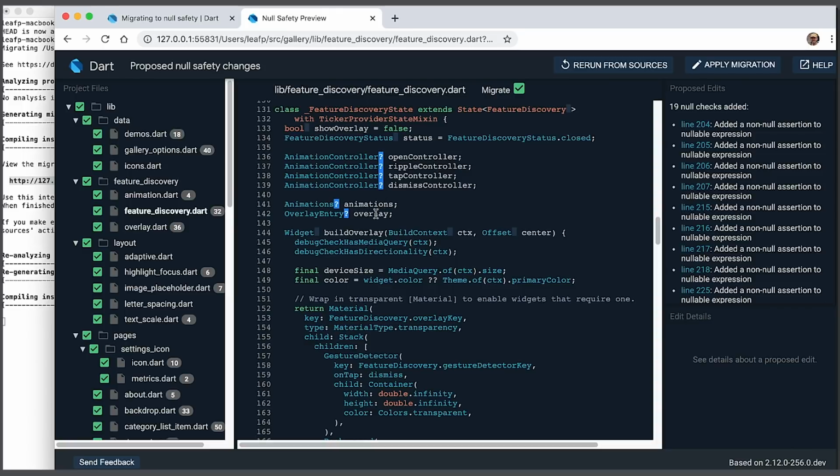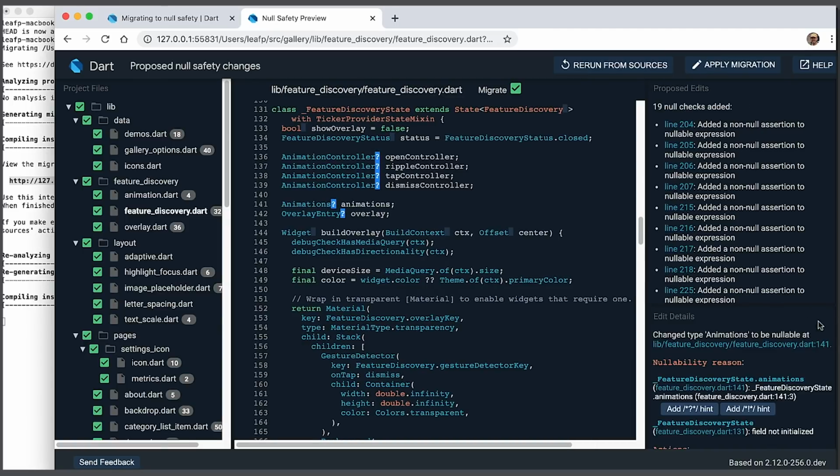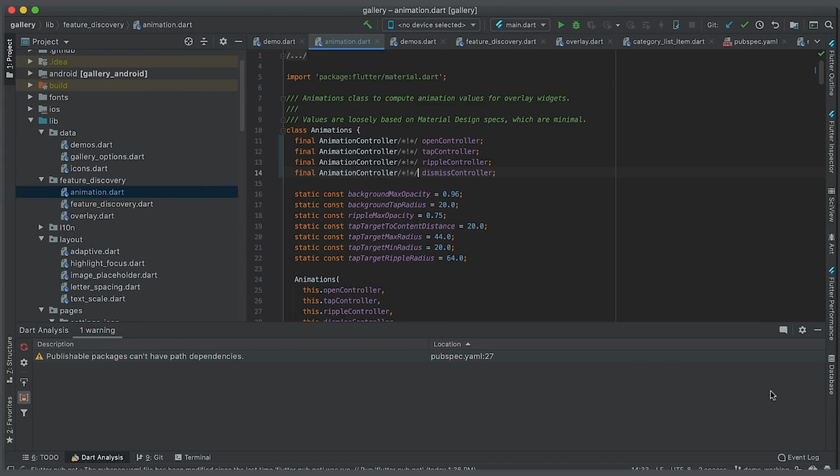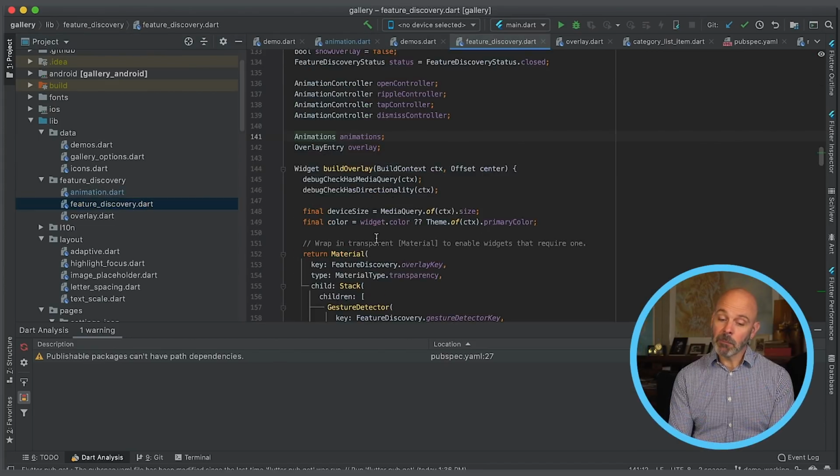Well, I'm going to look at this animations and these overlay fields here, both of which the tool is choosing to mark as nullable. If we look at the reasoning stack here, it's actually not that helpful this time, because basically it's just telling us this field is not initialized, so I don't know what to do with it. Sometimes that means we may want to refactor the code to initialize the field in the constructor, but in this case, in this state pattern, we don't get to do that. But what we can do is go over here to our IDE and start looking around a little bit to figure out whether it is necessary to make these things nullable. There's nothing wrong with making them nullable, but let's see.